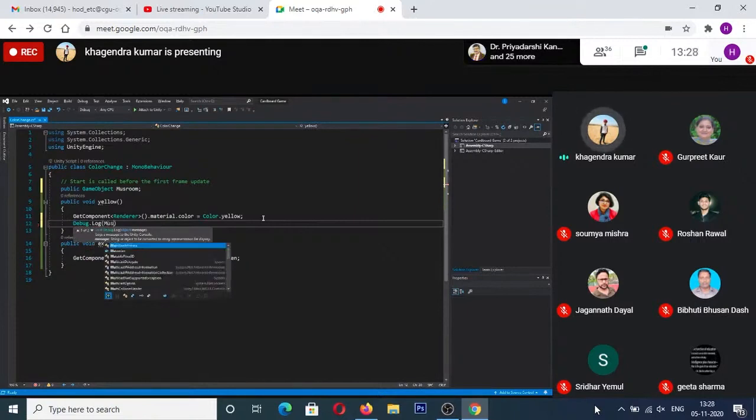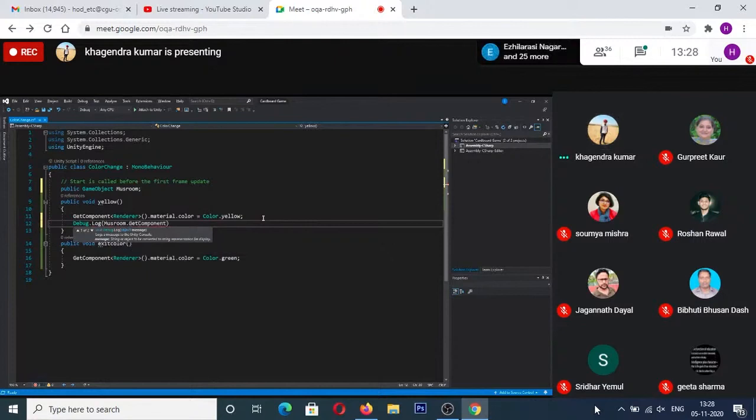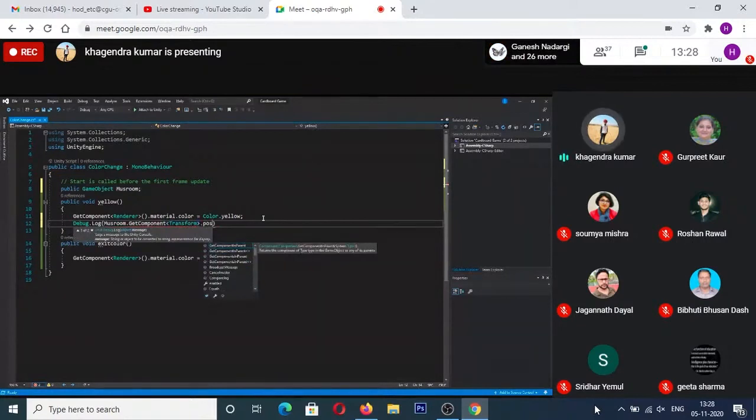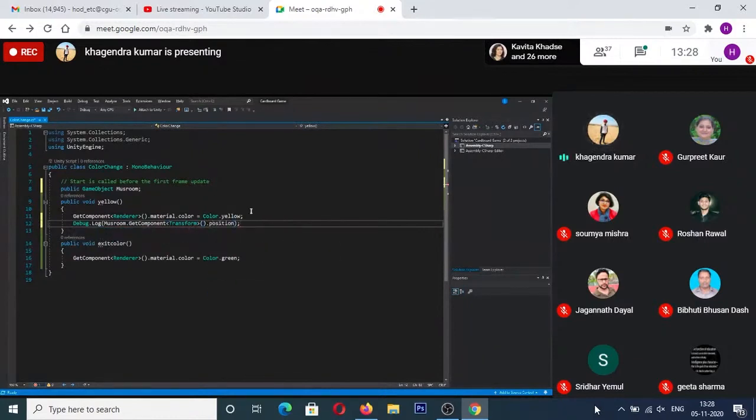So I'm going to go to mushroom.GetComponent. Since the transform component gives access to all the values, I'm going for the transform and going for position. Now this should give me the position of this mushroom. This mushroom is not connected with the cube game object where the script was.